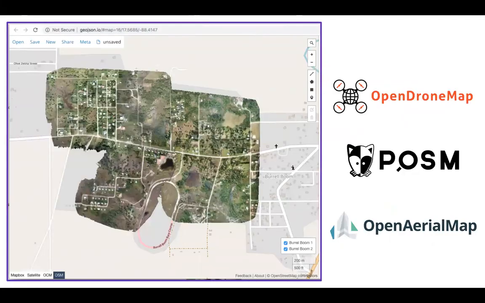We introduced the Belize Red Cross and their government partners to a number of different softwares. OpenDroneMap is an excellent open source free photogrammetry software for stitching together these drone images. And we've made it easy to install and use by including it in our POSM stack so that you can have a little portable server that is set up just through a USB install process and can be used to process your drone imagery. And then we also introduced them to OpenAerialMap, a platform online for hosting these completed map products that allow you to then easily access it in the OpenStreetMap editors and use it for that detailed mapping.